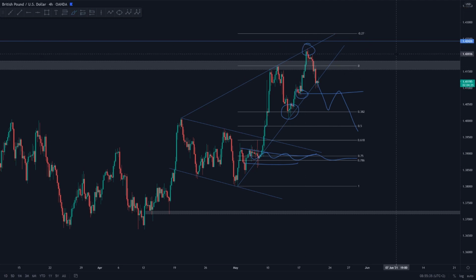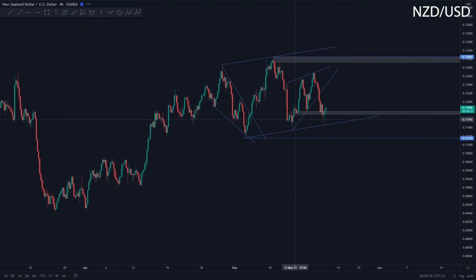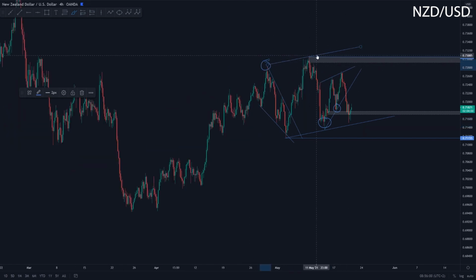Let's head over to Kiwi dollar. And Kiwi dollar also crashed beautifully towards the downside once we reached that third trendline touch of this ascending wedge. So at the moment, I'm just expecting Kiwi dollar to retrace back towards the upside. We broke this low, so essentially we are in a downtrend. However, at the end of the day, we still need to break this low over here, and we need to break out of this overall ascending channel. So we have the 1 and the 2, and yeah, potential third trendline touch if I just adjust this trendline slightly.